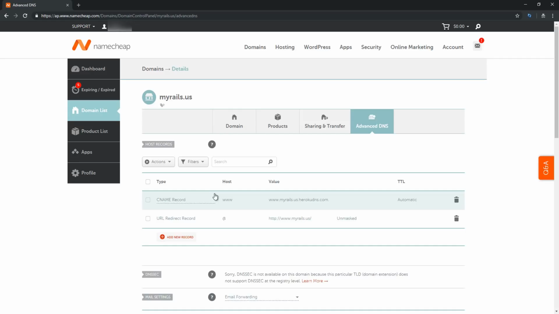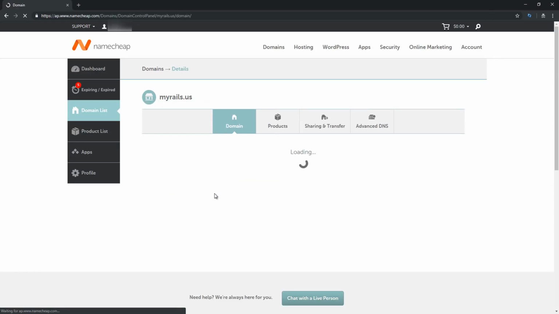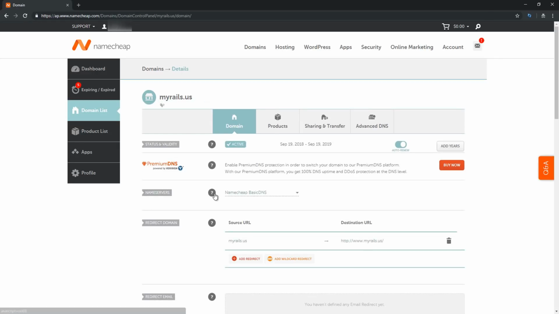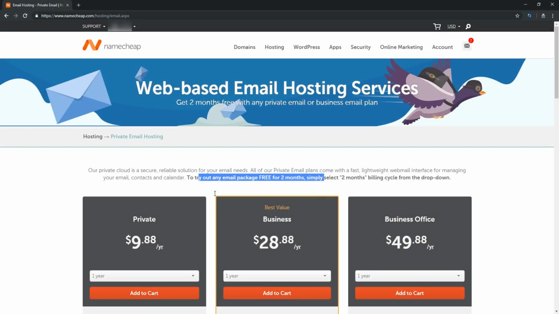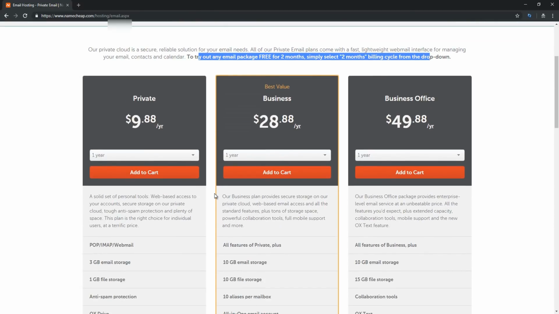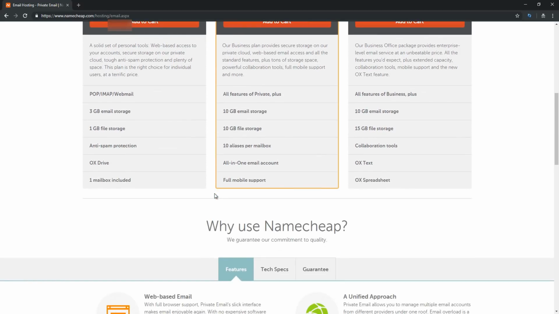Next we're going to register, or actually there's one more thing. I'm going to be using the email that I get for this domain, and in Namecheap you can get a free email trial for 2 months. So let's see what we get here. To try out any email package free for 2 months, simply select 2 months billing cycle from the drop-down. So I'm going to click here and click 2 months free trial and